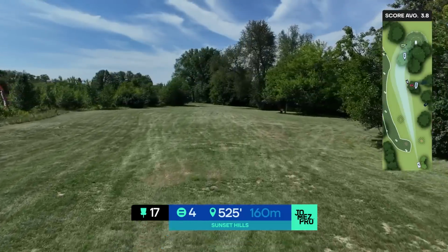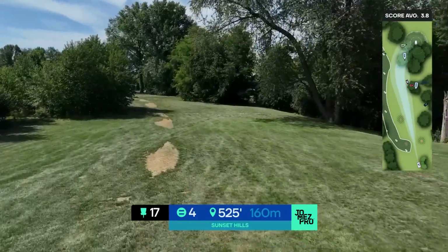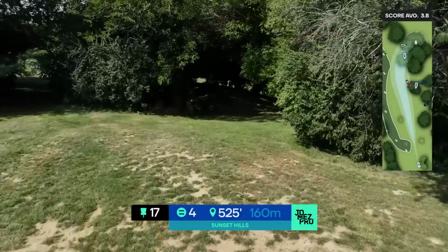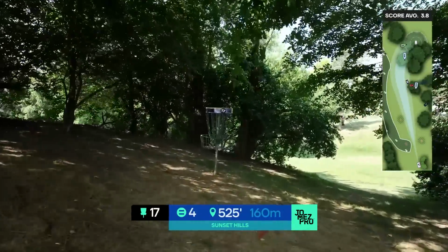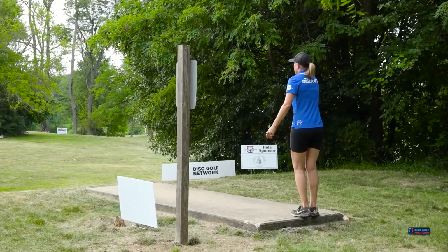Hole 17 is a par 4. It's 525 feet. There is a mandatory on the right. We're passing right now. You want to land somewhere around here, and then it really sets up the sidearm. You can get a backhand there, but the angle is so sharp. You really want to do a sidearm that lands early on the hill and gets a skip into the circle. Common mistakes